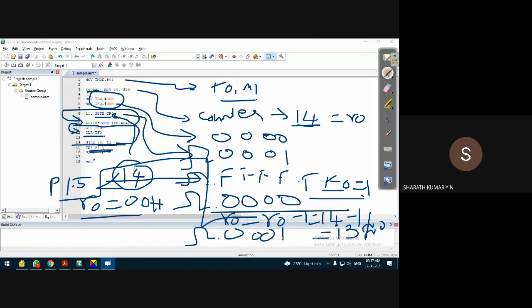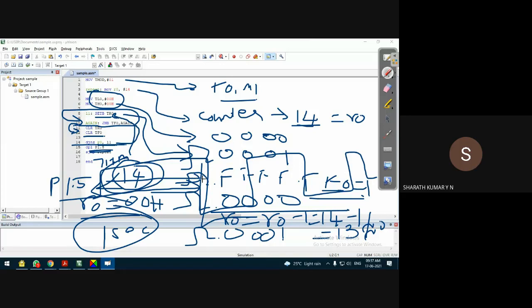One run gives 71.1 millisecond delay. If the timer is run for 14 times, it will generate approximately 1 second delay. So to generate continuous clock pulses, where each off period is 1 second delay, short jump repeat. I think you can see that line here. Short jump repeat. This will force the compiler to go back to this line.